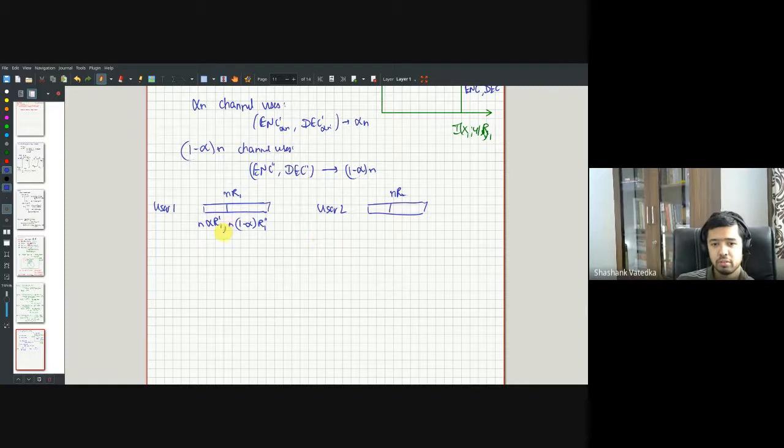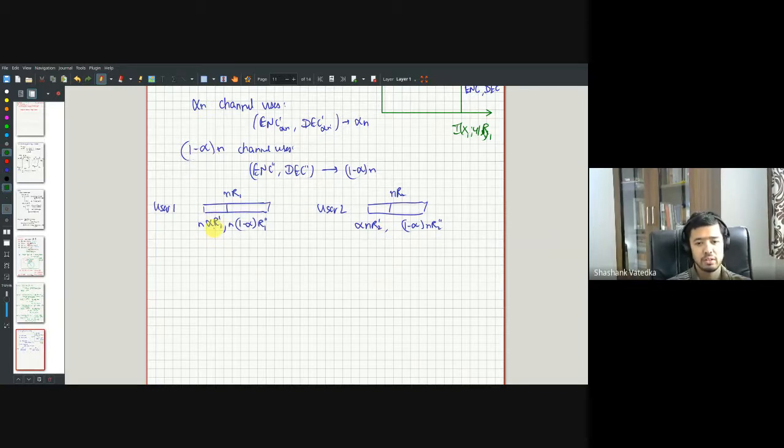One which consists of alpha nR2 prime bits, and the remaining would be 1 minus alpha nR2 double prime bits. Right? So the message is just a sequence of bits. You split it into two parts,